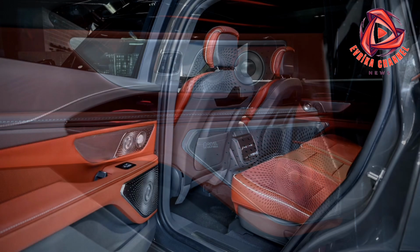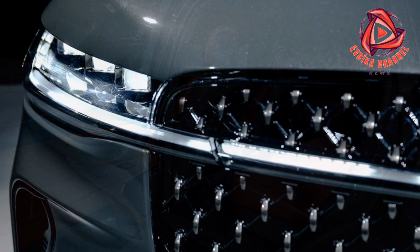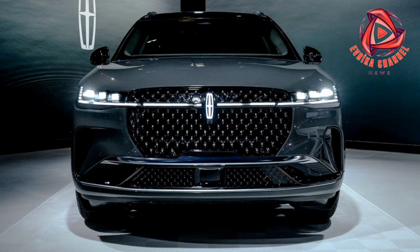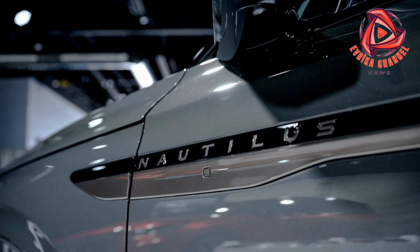There will be differences, though, as it's unlikely all vehicles will get the Nautilus's massive display. We saw a demonstration display for a Ford vehicle with a more traditional digital gauge cluster and 13.2-inch touchscreen. We imagine implementing a panoramic screen like the Nautilus will take some time to physically make it into most vehicles due to significant interior updates, but even with more conventional hardware, the software should still give consumers a better experience